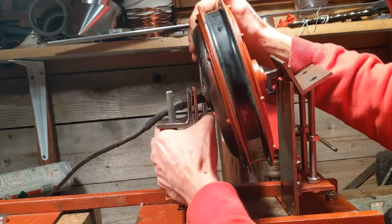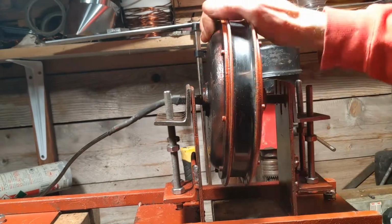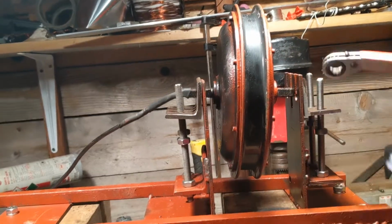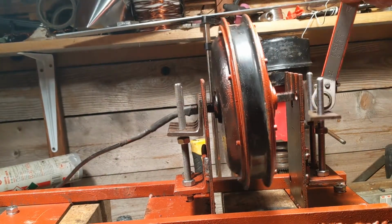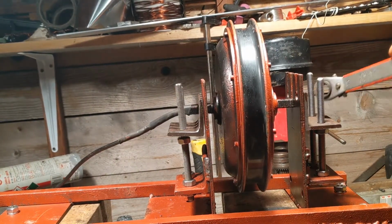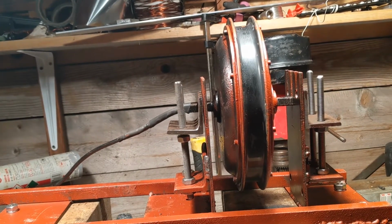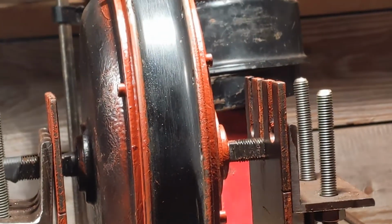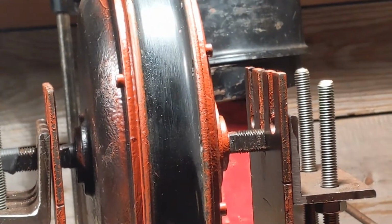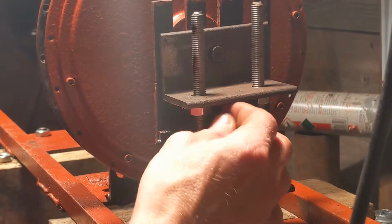Too far that side. Come on, baby. Come back. There you go. Remember, this is upside down because it's easier to do messing about with it. So now, if we wanted to raise that up, we just